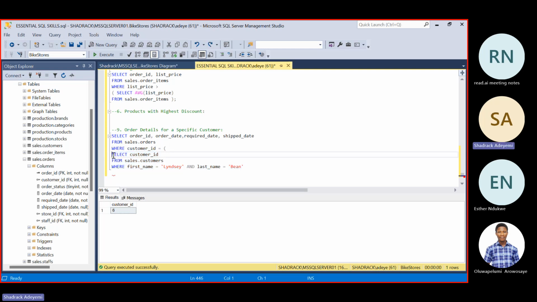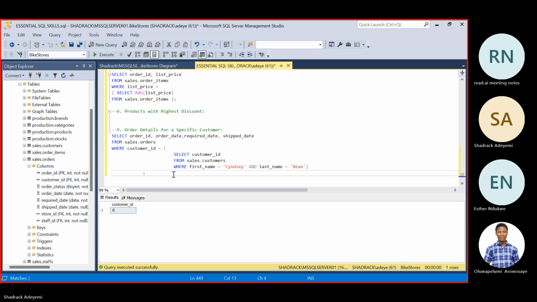I'm going to put this in caps, which makes more sense and looks more readable. Remember, this inner query is going to return 6, which is this value we have here. Now, if you look at the outer query, we're saying where the customer ID is equal to Lindsay's, which is 6, we should return this other information.